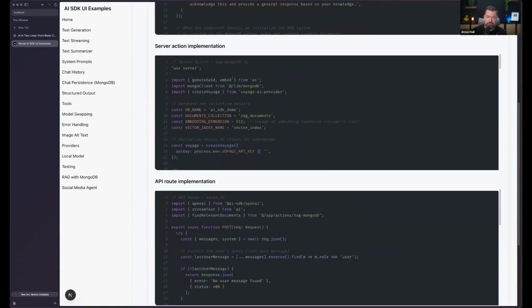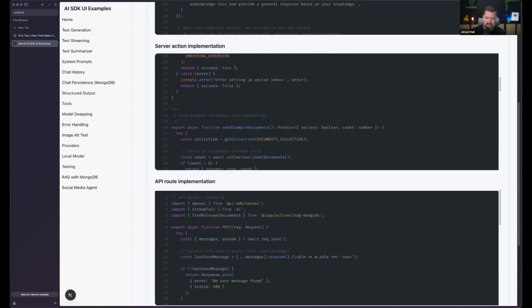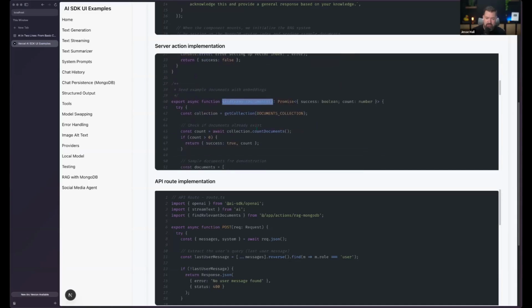On the server side, we're using this to set up our database first and make sure that we have our indexes and our seed data, etc. We're using Voyage API to create the embeddings. There are many different AI models that you can use to create embeddings, but we're using Voyage AI here. And then we are setting up our vector indexes, seeding our documents.